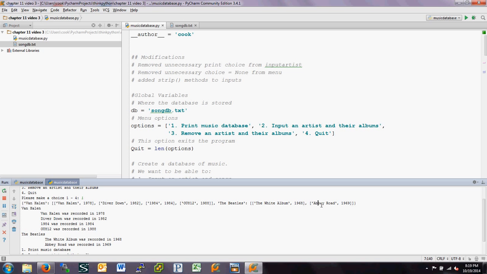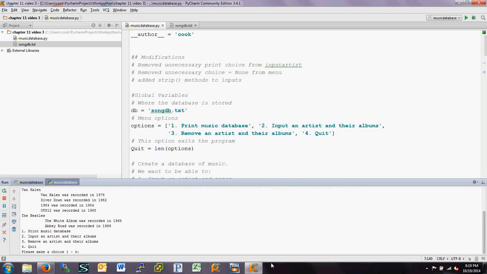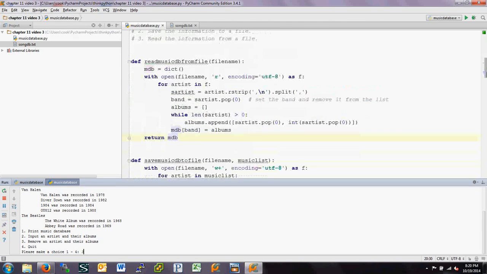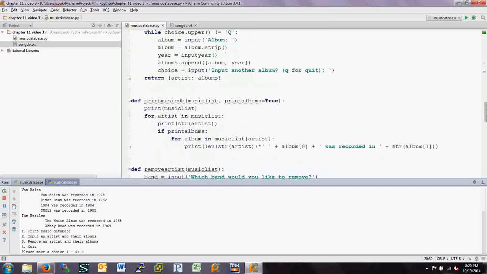So these save to files and input from files, basically the function of these things is twofold: to read in from the file and to write to the file, but it's also you're converting one data type to another. So we're converting from a big long list to a dictionary type. And it's important to have the dictionary type so that it makes things like delete an artist simple. So we have an option here to remove an artist, and if we get down and take a look at that,